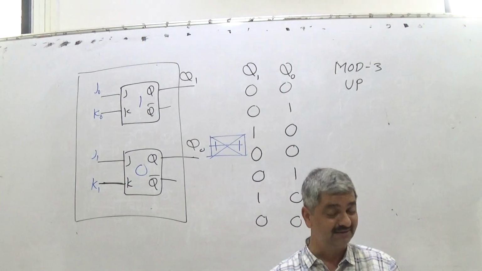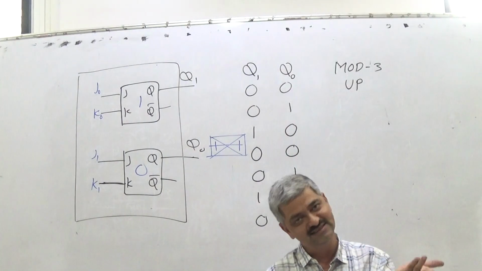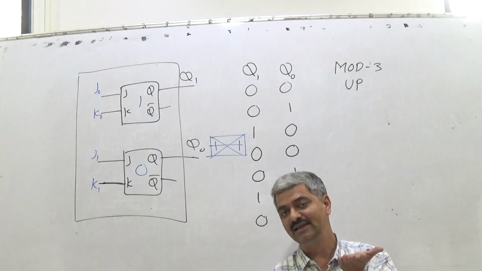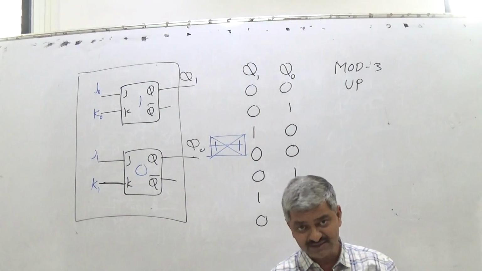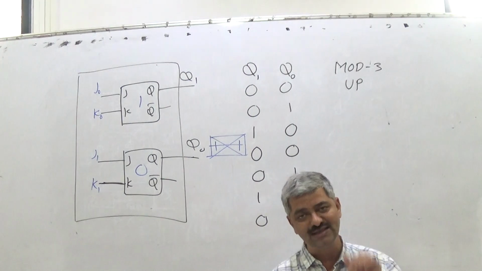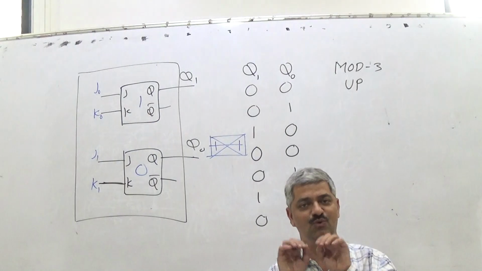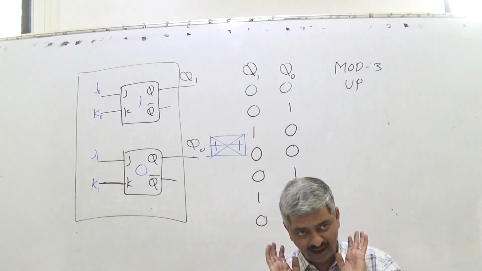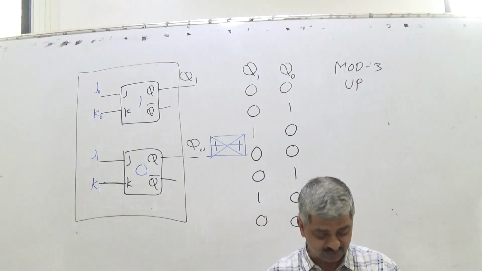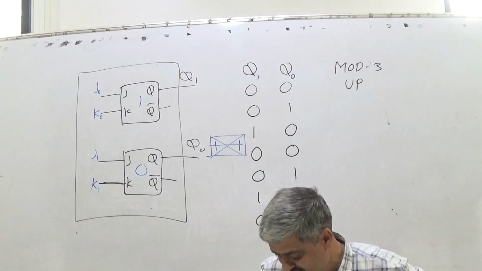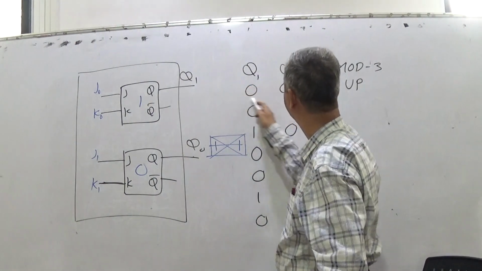It is not that only most significant bits should depend on least significant bits. The reverse is also possible, but in case of a binary counter, since Q0 was always toggling, we tied its J and K to VCC, or to +5 volts, or logic 1 directly, or high, and then we proceeded further. But it is not like this. So what should happen is, based on the current state.